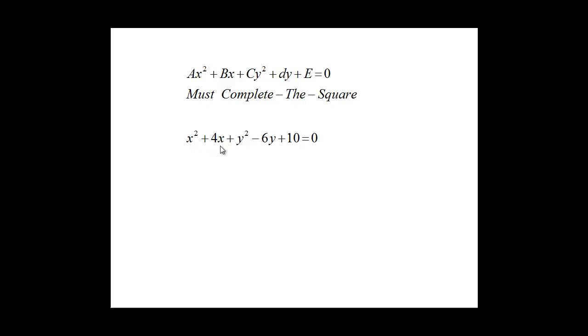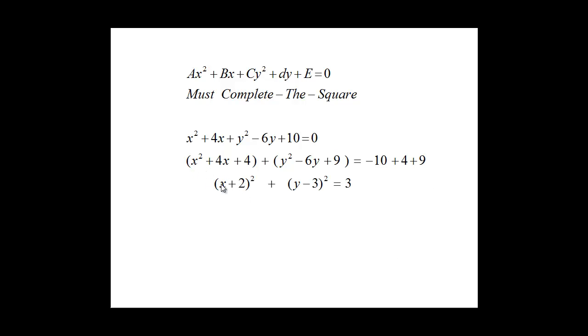Okay, so we take our x squared and our 4x, and we separate that out, and we complete the square. So put close parentheses, leave some space, put the y's together, leave some space, and move the 10 over. Okay, when you complete the square, you take half of the first number, 4, which is 2, square it. Put it right in this blank right here. Okay, now make sure you put it on this side also. And then half of 6 is 3, squared is 9, and we've got to put those on that side, so 4 and 9. Then when you factor this,